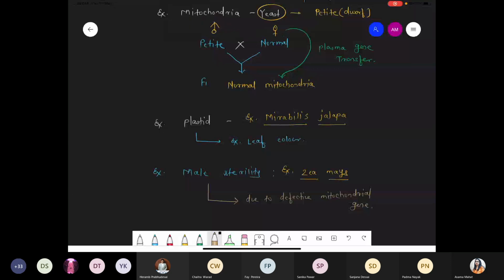Now the second part we are talking about in this chapter is mutation. We'll try to understand the different types of mutation, why mutation is created, and if there is a mutation, what kind of diseases and what kind of syndromes will appear in humans. Whatever we are talking about, we mostly focus on human disorders.